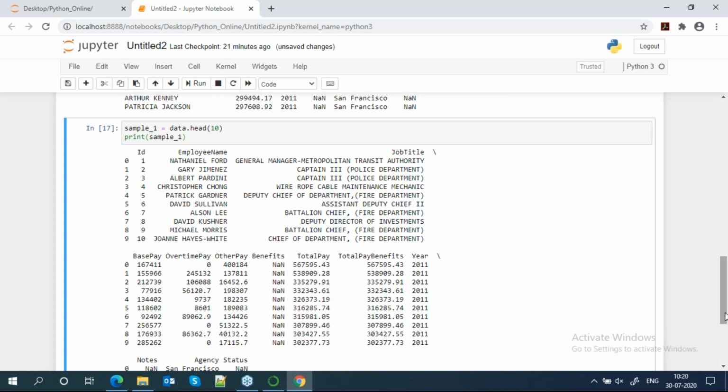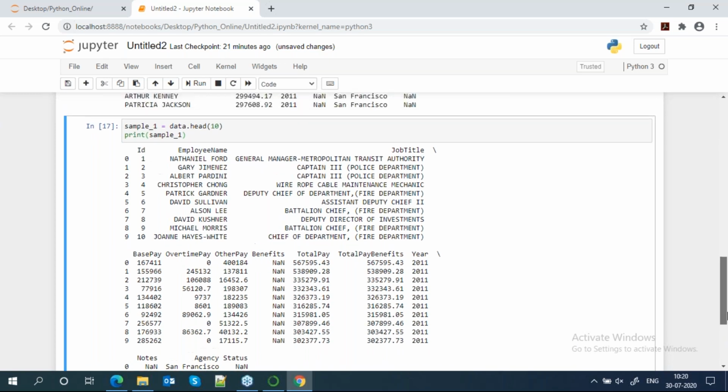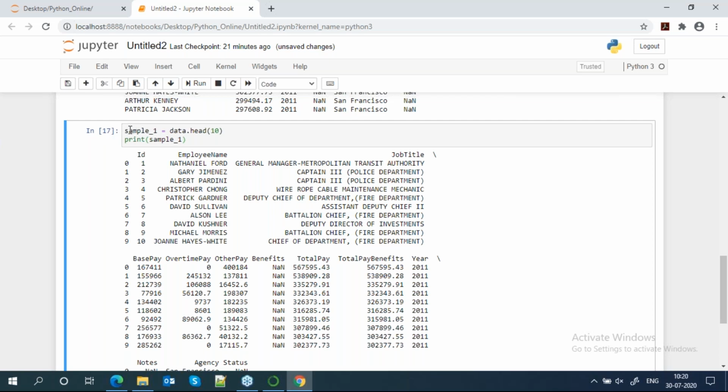We will now add another column to my data frame. This is my data frame. Here I am creating a data frame, and now I want to add a new column and assign some value. You can see that there are currency columns like base pay, overtime pay, other pay, benefit, and total.